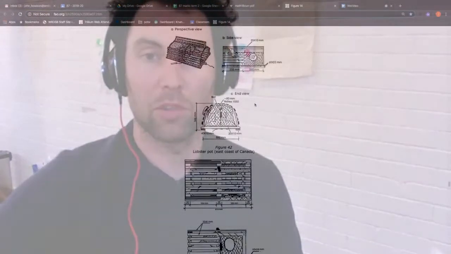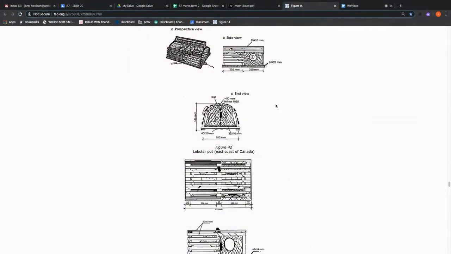Okay, so those are my measurements that I'll be using for my model. They're a lot smaller than the real trap, and I'm going to do my best to build it this weekend, and I'll post a little video on Monday. And hopefully everybody else takes a crack at making a model, doing a design, something hands-on away from the computer,